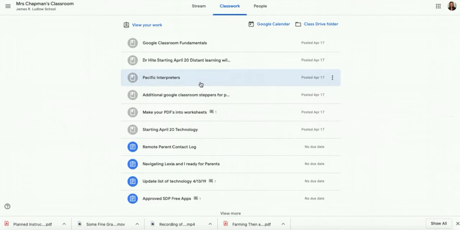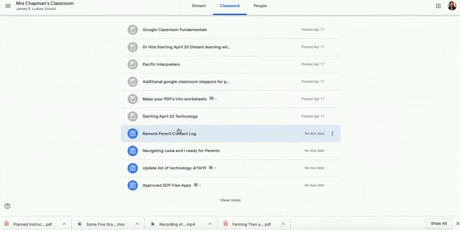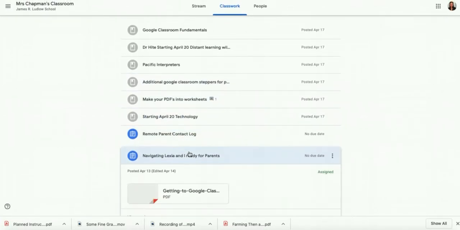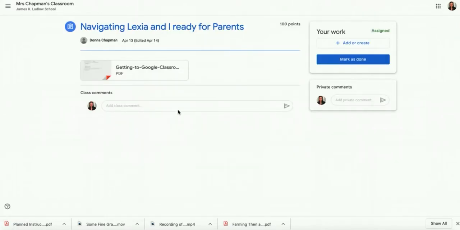You will find the activity. So our activity, you're going to look under shared, and you're going to find our shared reading, and you're going to find Farming Then and Now, which is our book this week, and you're going to find activity 3 shared, and that's where you're going to want to go in and you can add photos. Okay, so if I go back to Mrs. Chapman's classroom, so let's say I go to an assignment, I view my assignment, okay, and you're going to see